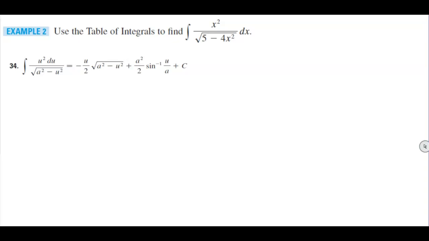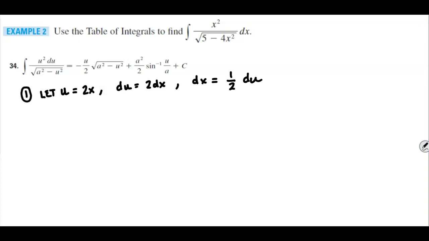Now, what we want to do is find some sort of substitution. And in this particular example, we're going to let u equal 2x. And therefore du is going to equal 2 dx. And then dx is going to equal 1 over 2 du. The reason why we're going to do that is if we look at our original question,